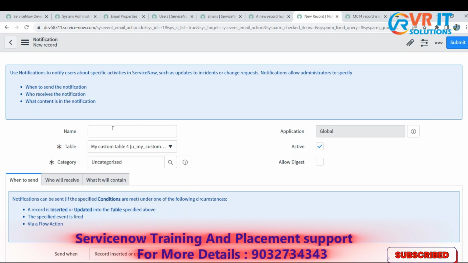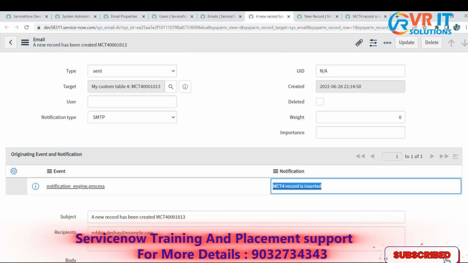Notify on MCT4, notify on state change. So whenever state is changed,